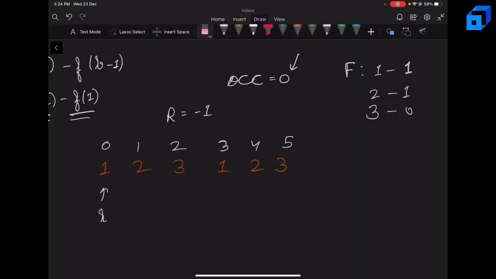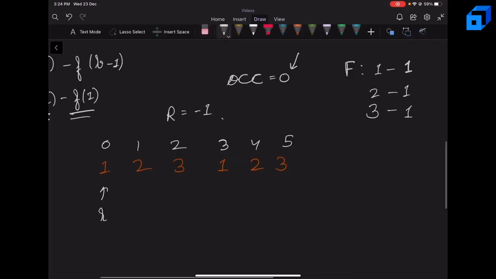Now similarly we can again increment our right pointer, since element 3 has frequency 0, so this will now be 1. Now again we can increment our right pointer, because it increases the frequency of 1 to 2. So now the frequency of 1 is 2, and the number of occurrences will be 1, because there is at least one element whose frequency is at least 2. So there is one special element.